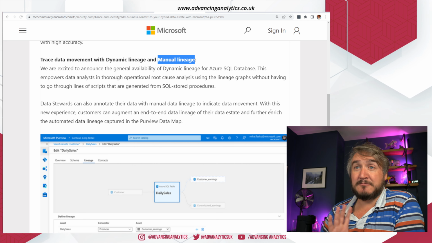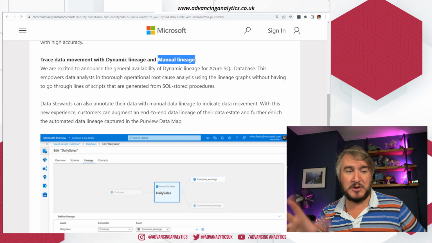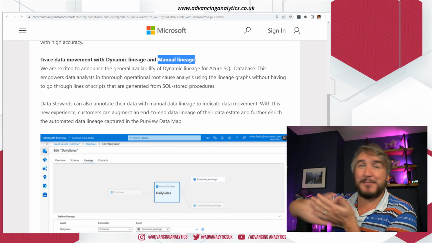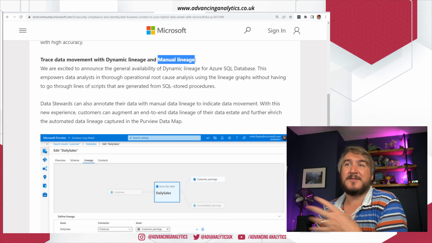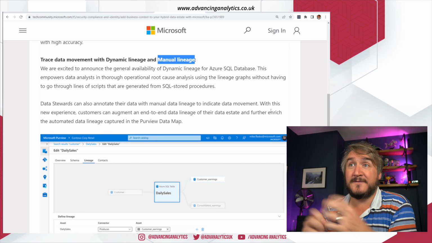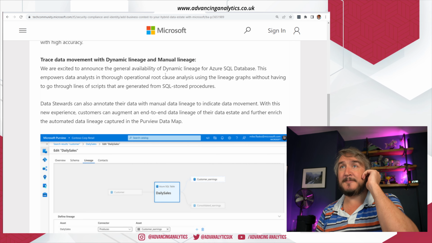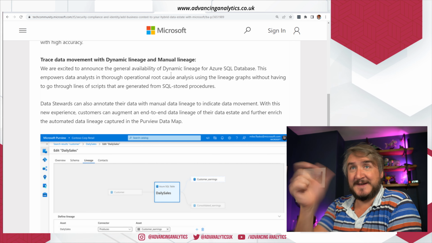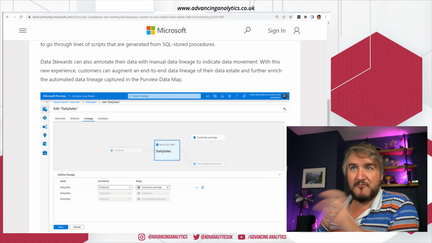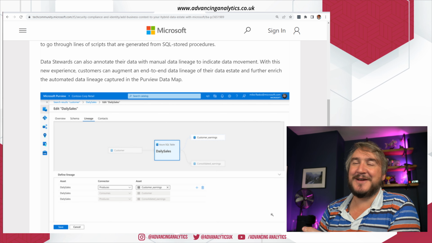And the only way you could do it manually, when there's a manual process where someone picks it up, does something and puts it down, is that you couldn't get that tracked without using the API, assembling this JSON object and pushing that to Purview, saying, please integrate this. So the ability for someone to manually go, oh, there's a manual process, I'll capture that and add manual lineage to fill in those gaps is great. And the fact that it's getting better at understanding things. So if it's looking at an Azure SQL DB, it'll be able to figure out that there's lineage based on some of the SQL being written and that kind of thing. So definitely improvements, it's filling a gap. I mean, it's hard when you...